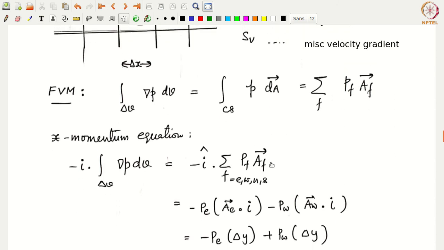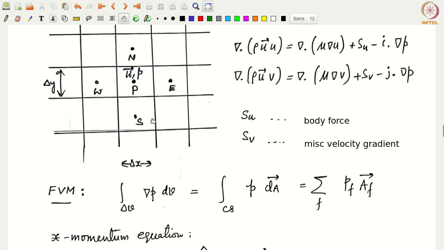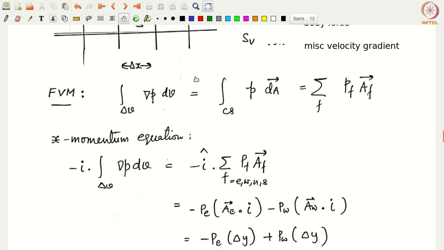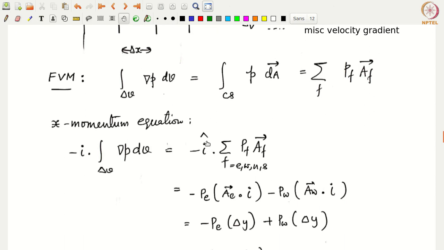Okay. Now what about Af bar? What are the values for area vectors for faces? We know that Ae equals delta y I cap. Aw would be minus delta y I cap. An would be delta x j cap, and As would be minus delta x j cap. So essentially, if we take a dot product with minus I, the only terms that survive out of this equation are the east and west, because the north and south contain j cap quantities, which will give you 0 when you take a dot product with I hat, right? That means the only things that survive are the east and west terms.